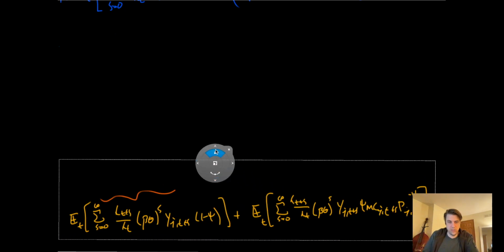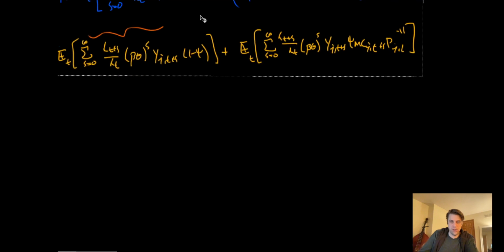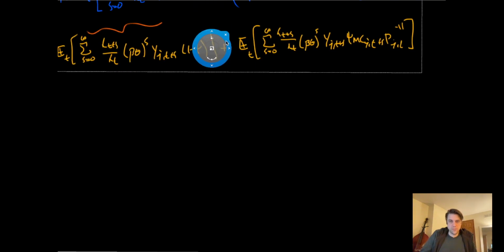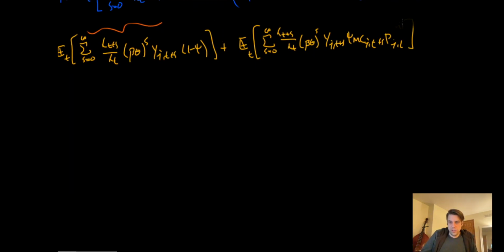Cut. Paste. Move. Okay, sorry. And let me write this a little nicer. This is psi mc jt plus s pjt star minus 1